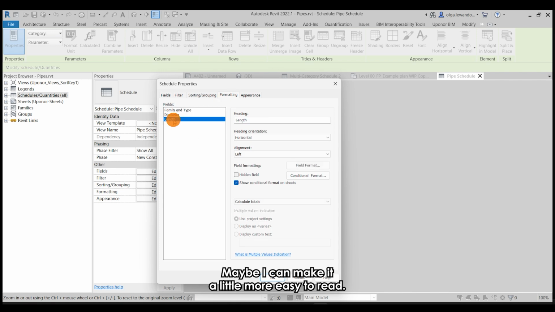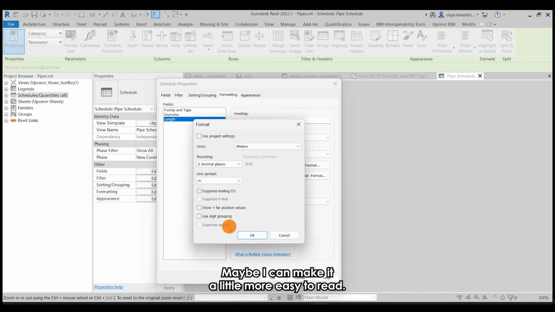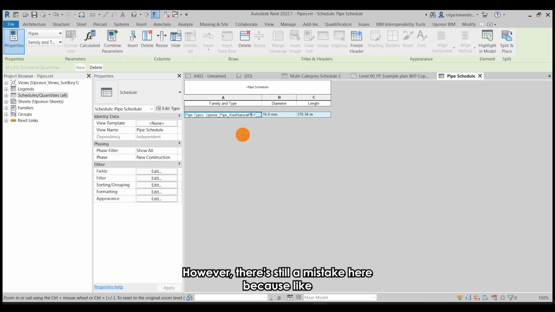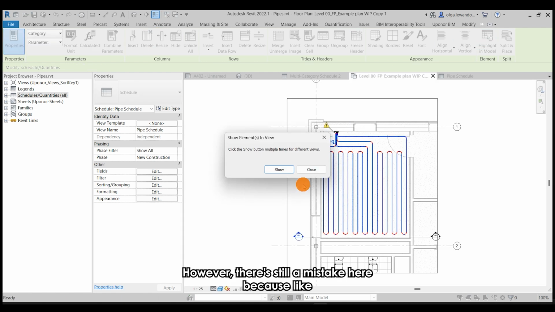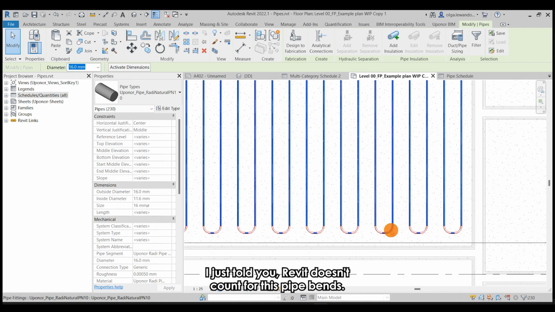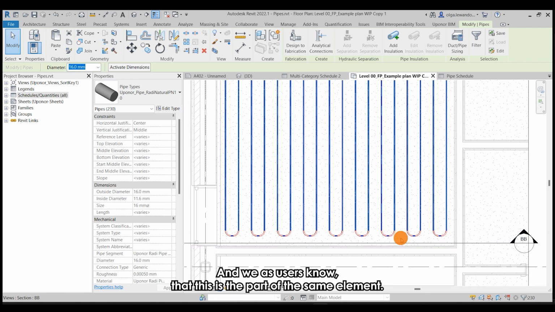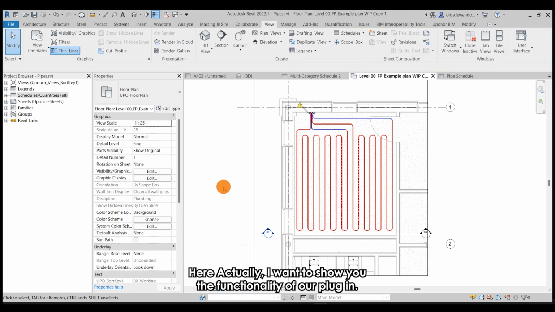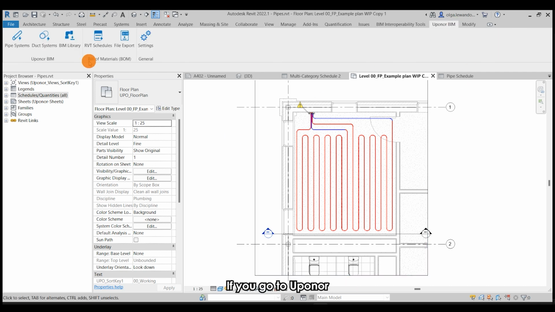Maybe I can make it a little easier to read. And there, the full length of our pipe segments. However, there's still a mistake here because, like I just told you, Revit doesn't count these pipe bends. And we as users know that this is part of the same element. Here, actually, I want to show you the functionality of our plugin. If you go to Uponor BIM, Bill of Materials panel, and click RVT Schedules,